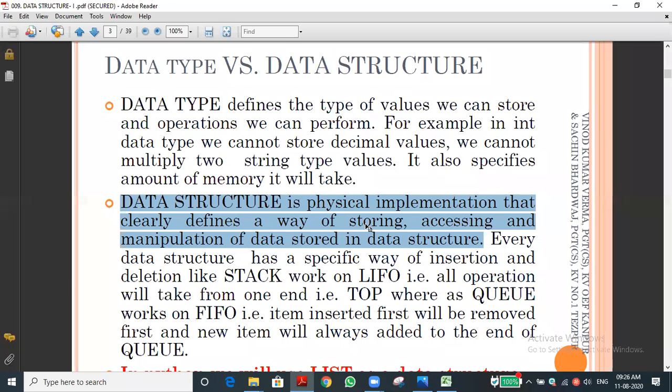For example, each data has a unique way of accessing. For example, a list contains 5 elements. If I want to access the first element, what is the statement? Through index. For example, the list name is a list. Then how will you write? A list of 0. That is the way of accessing.